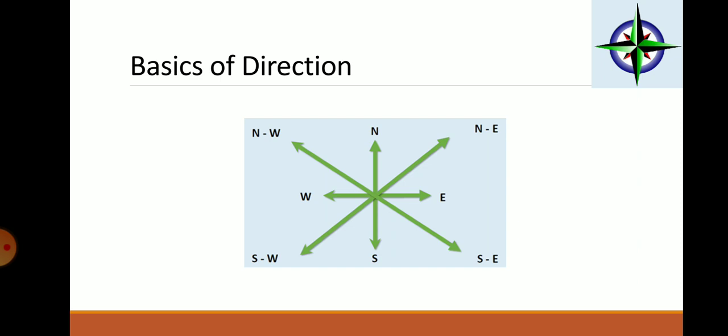There will be a statement in the problem: you are facing the north direction and you have taken exactly a 90 degree turn towards your right, then you are moving in the east direction. Or they may say you are facing north and you have taken exactly a 45 degree turn towards the left, that will be the northwest direction. If you are facing north and you take a 45 degree turn towards your right hand side, then it will be the northeast direction.